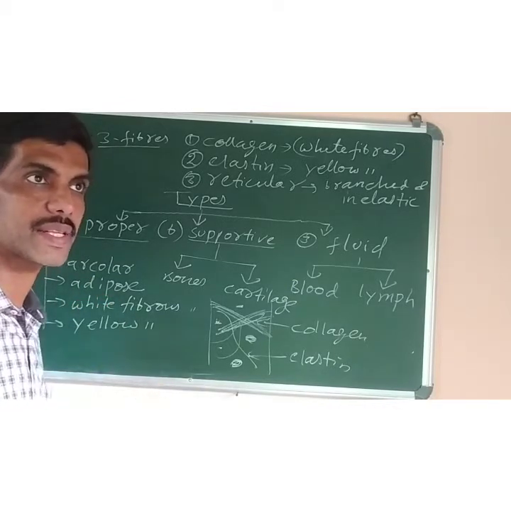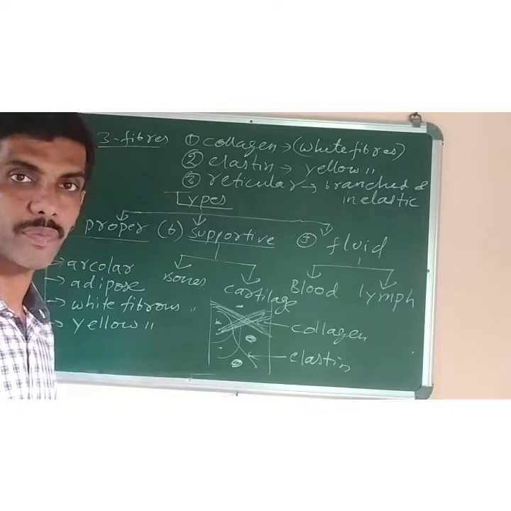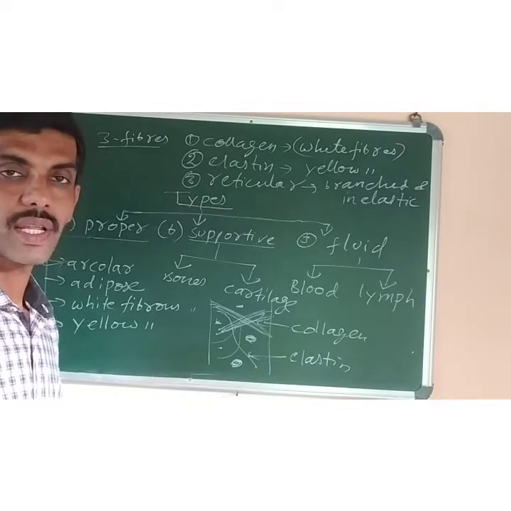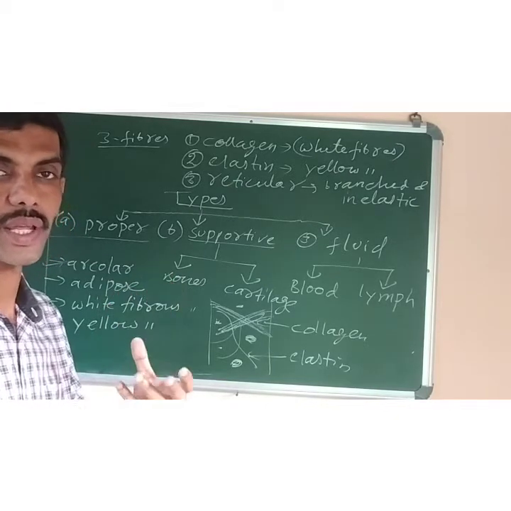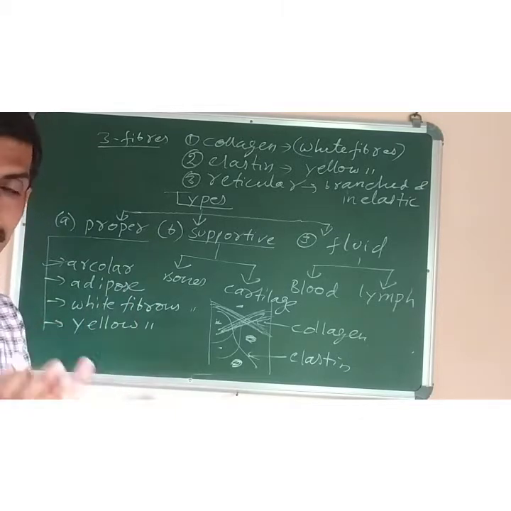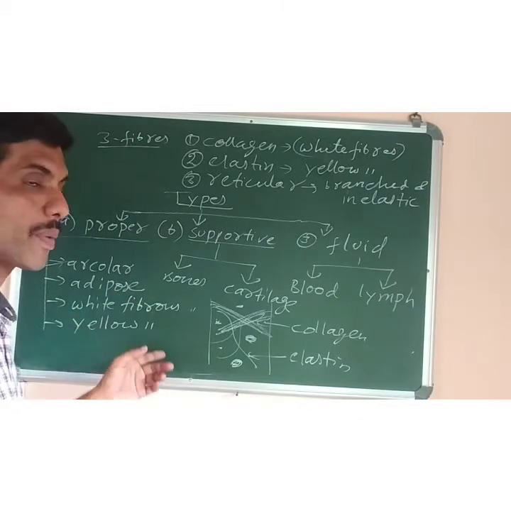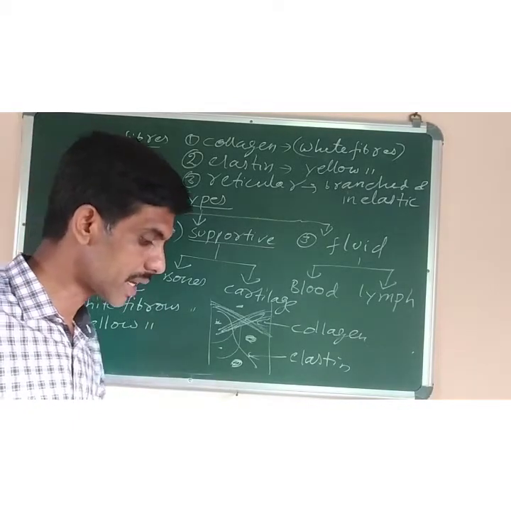What is the function of fat cells? They help to insulate our body, that is, prevent the loss of heat from the body, and they also act as a shock-absorbing material. They are present around delicate organs like the eyes, liver, heart and kidney. So this fatty tissue, the adipocytes, will provide insulation as well as protect the soft and delicate organs.